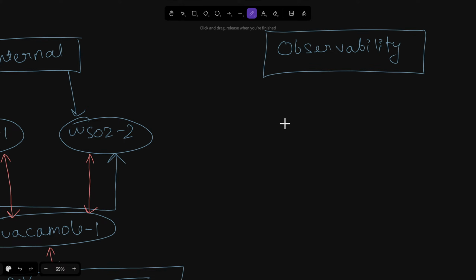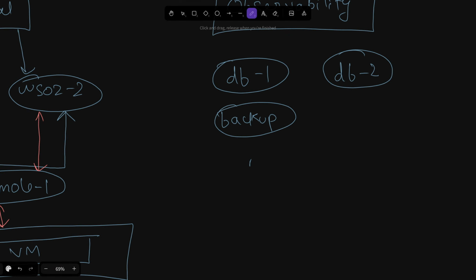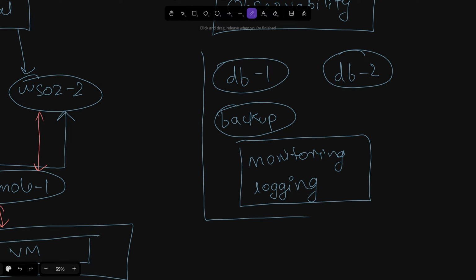This subnet contains all the databases: DB1, its redundant partner DB2, because data is very crucial. We don't want to lose any data. And backup servers again, and all the monitoring tools, monitoring and logging.